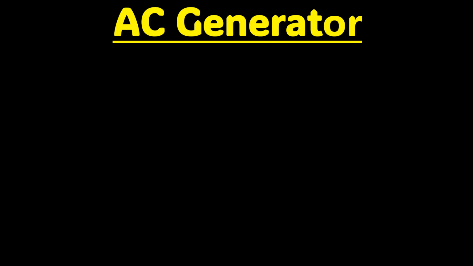In this lecture, we will discuss a device known as an alternating current generator or AC generator. Dear student, there are two types of devices. First type of device is known as generator, whereas second type of device is known as motor. Generator is derived from the word generate, which means that a generator is a device which generates. In simple words, a generator is a device which converts a